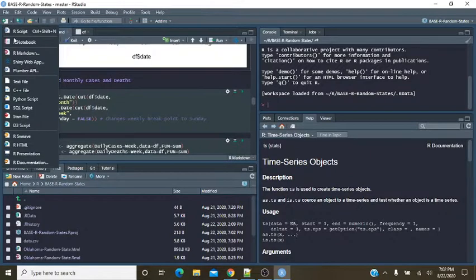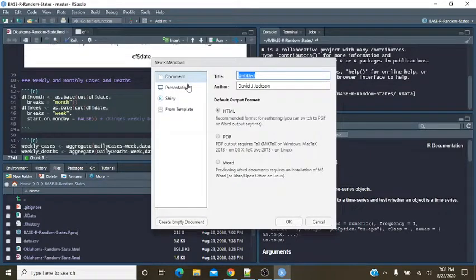So we'll do another markdown today. Random states.